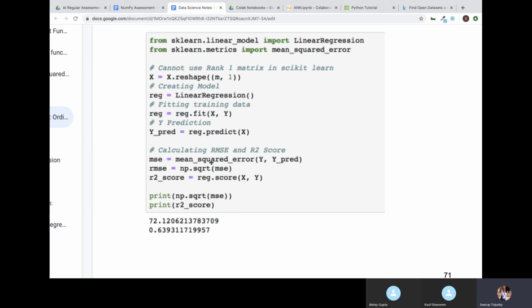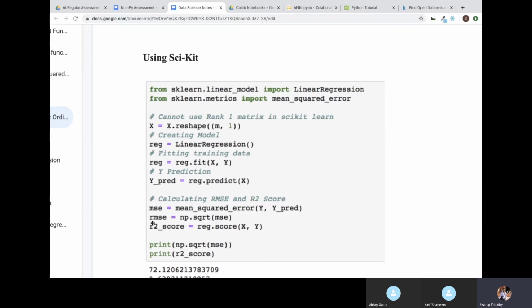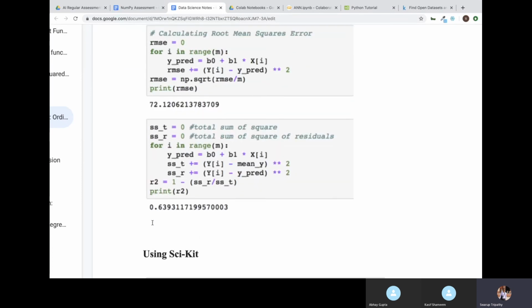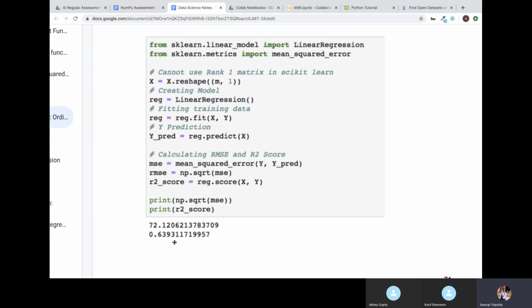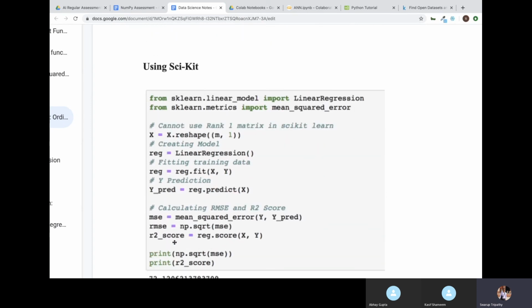Then np.sqrt of MSE is nothing but RMSE. When I print both values, you can see MSE is 72.12 and RMSE is 72.12, which is exactly the same as what we found using the formulas. And you can also see R square is 0.639, which is exactly the same as what we found.